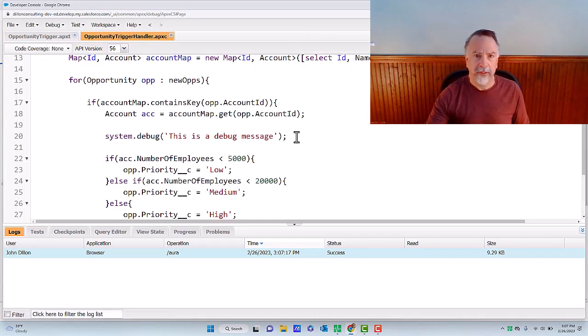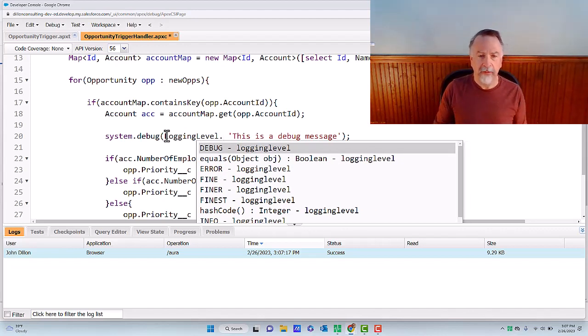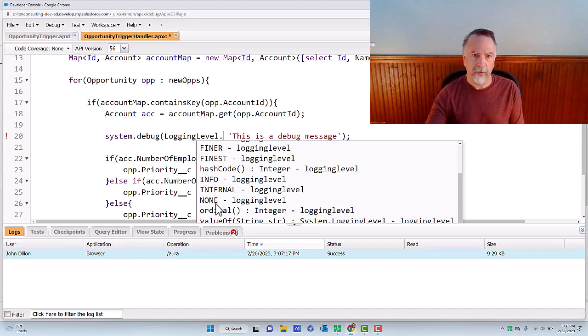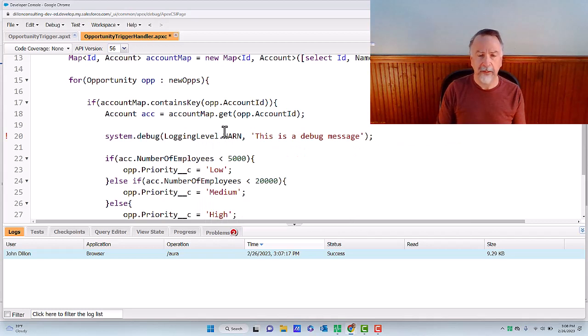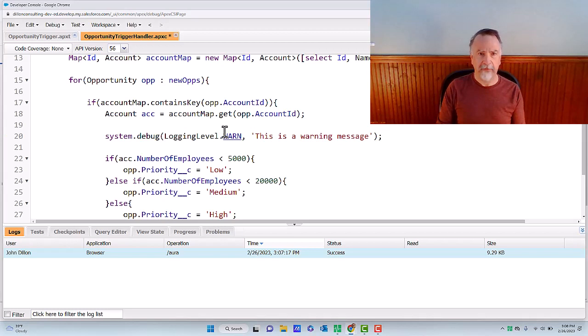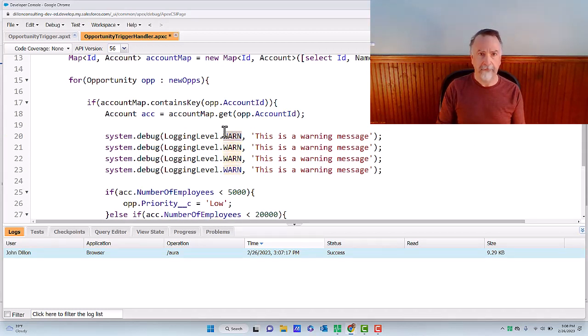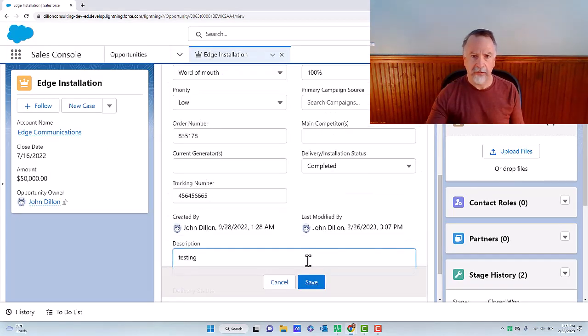But what more could we do with this? Let's take a look at the second version of the debug, where we can actually add a logging level enum. So here we can add whether it's a debug statement, error, info, warning, other things here that I'm not going to worry about. And we separate it by a comma. Let's do several different types of message. And again, if we change the description,